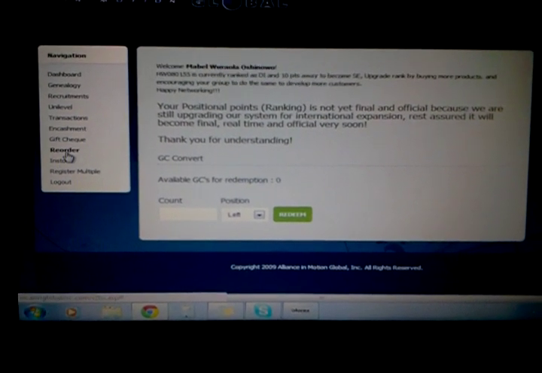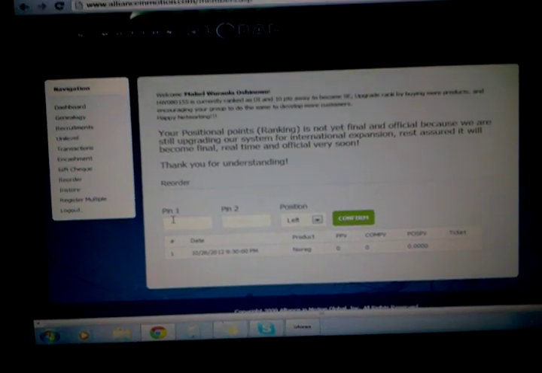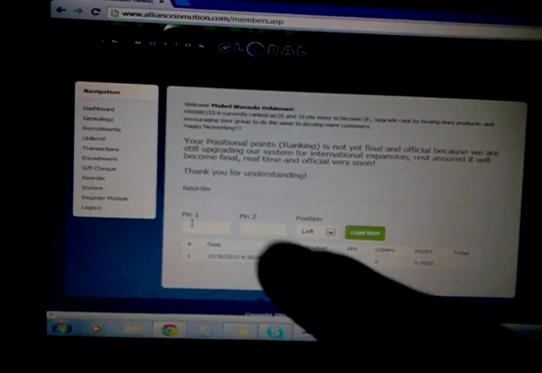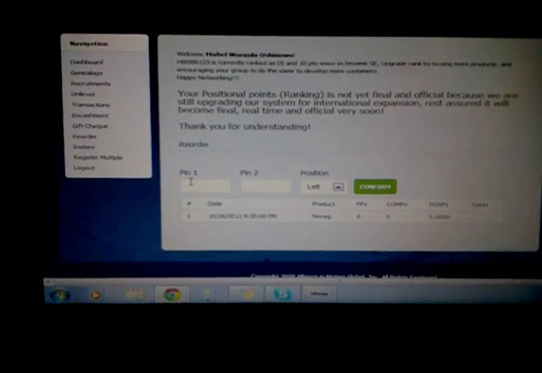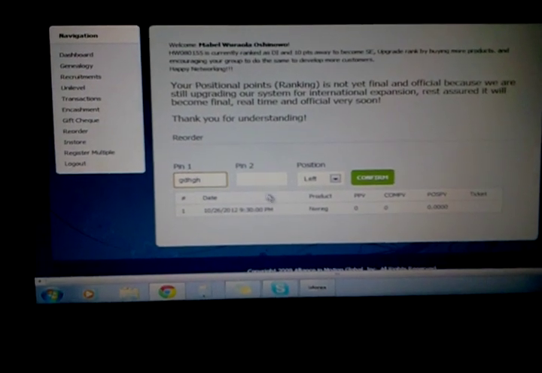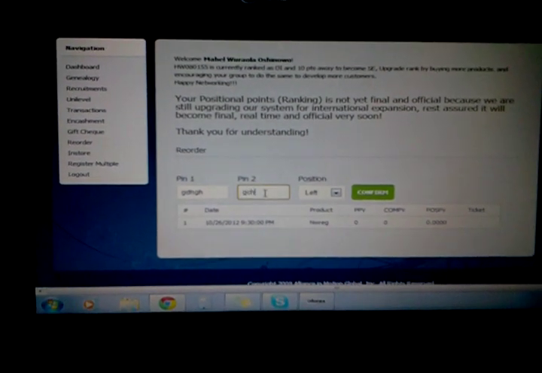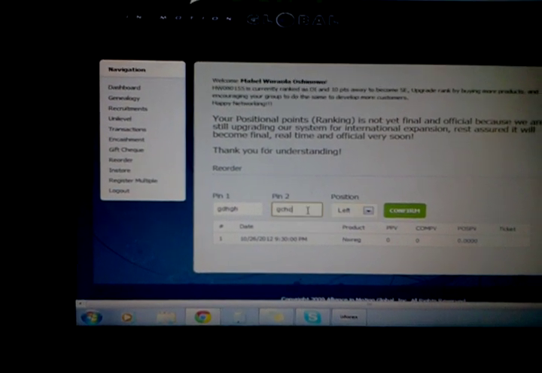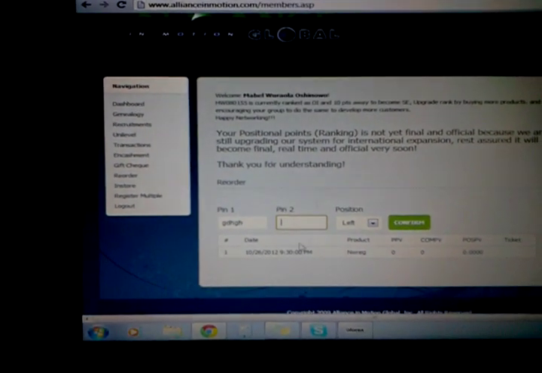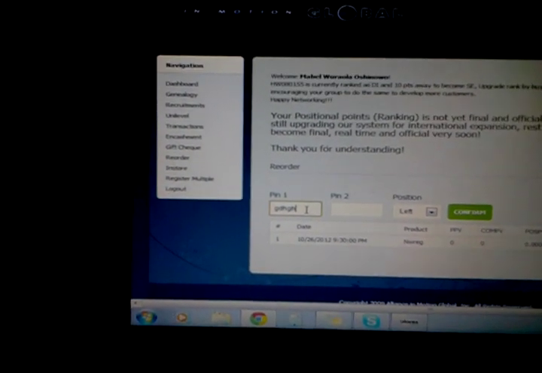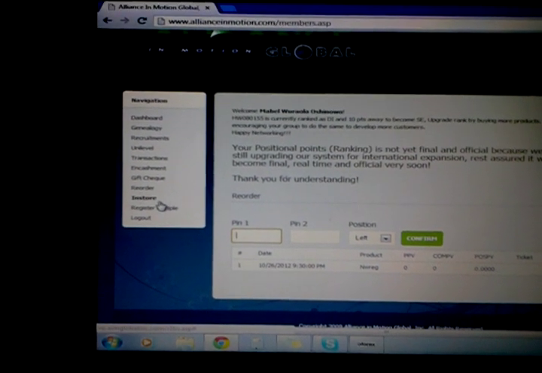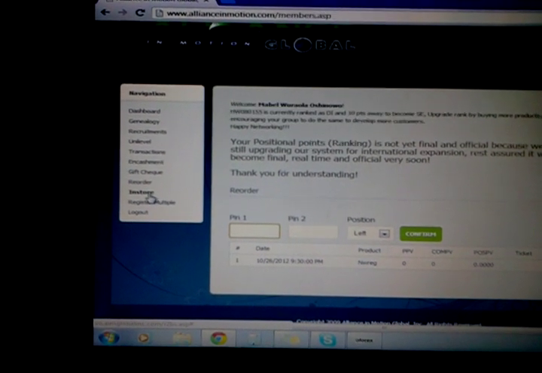And then reorder, if you will be reordering something from the head office, they will be giving you a small note, a small code, and then you will be placing it here. And then pin 1, and then you type in pin 2, and then select which position you want to bring in there. Anyways, I will be discussing it thoroughly in my next video for you.